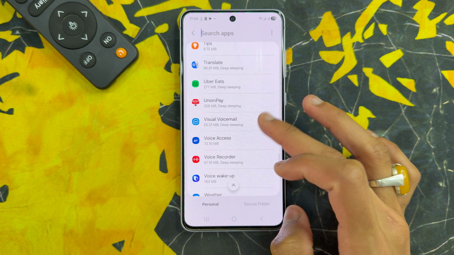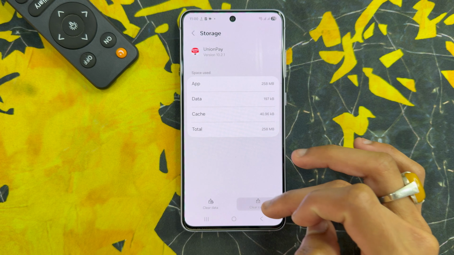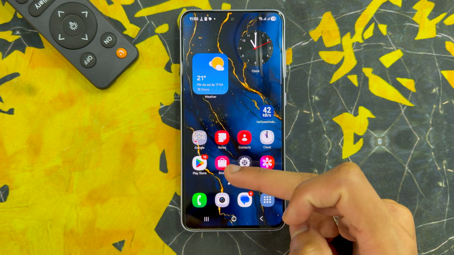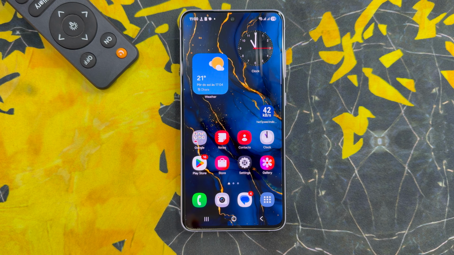For example, click on Samsung keyboard, click on storage and click on clear cache. Go back to home screen. You will see your problem is solved. So that's how you can fix keyboard disappeared issue on